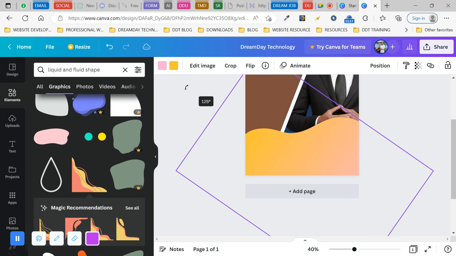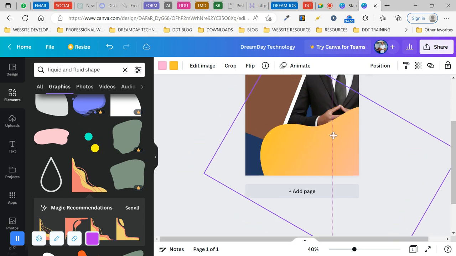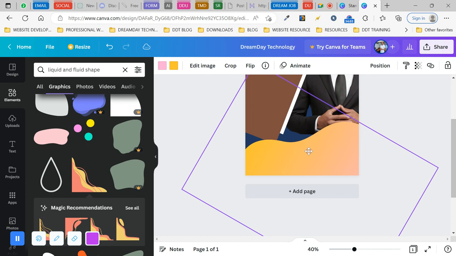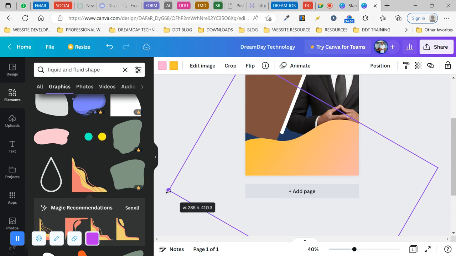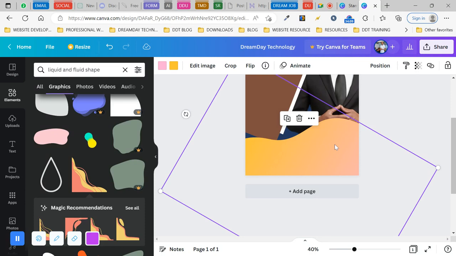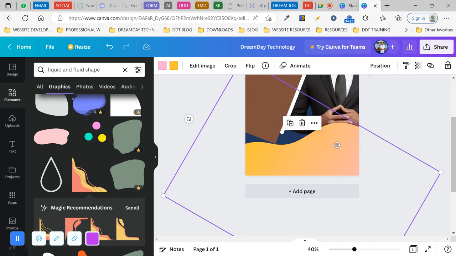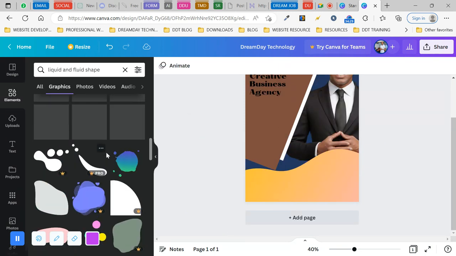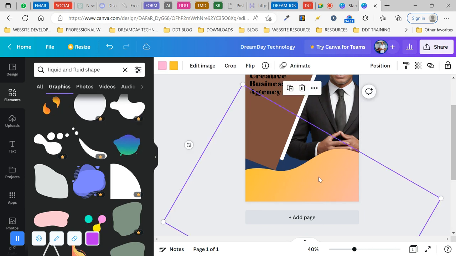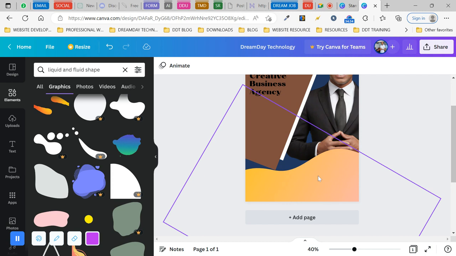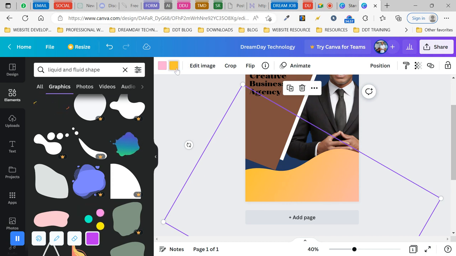I'll also continue to rotate. Not exactly as I want it to be, but definitely we can use this. So now what I will do here is I will change this color to